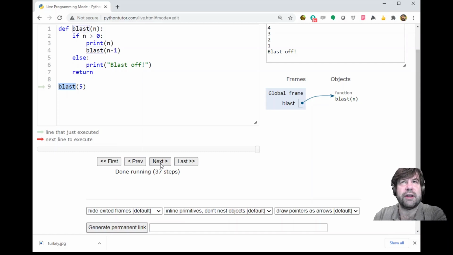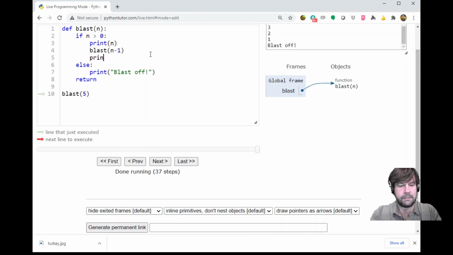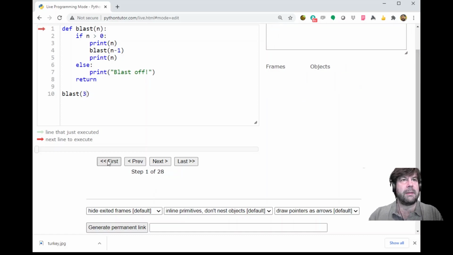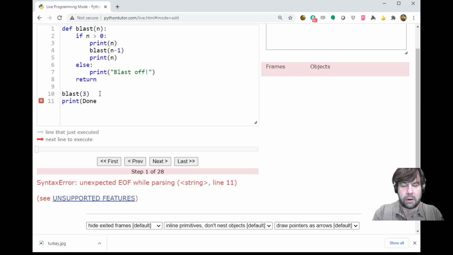and that'll pretty much end our program, right? And we're done. And if we wanted, we could put something into here. Let's print n again. Why not? And this time, let's call blast 3, just so I don't have to walk through so many times. And let's do one more here, we'll print done, just to show you a little bit more of